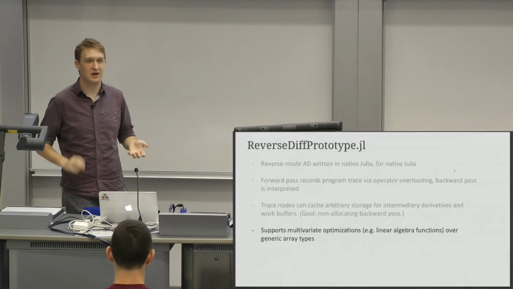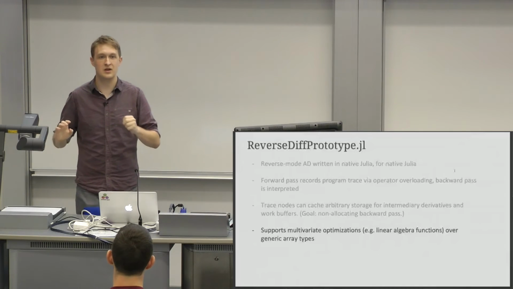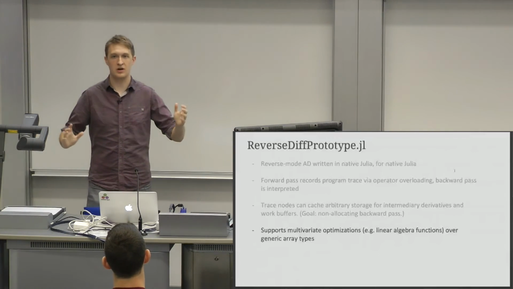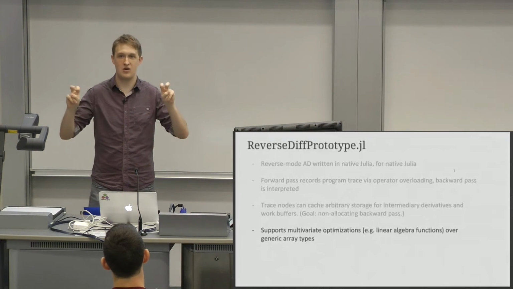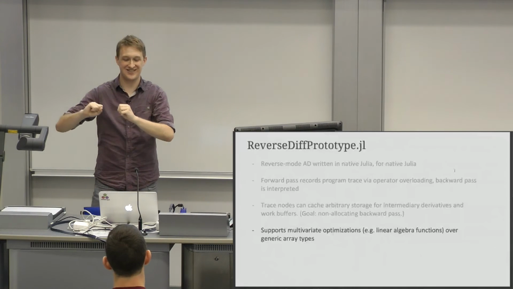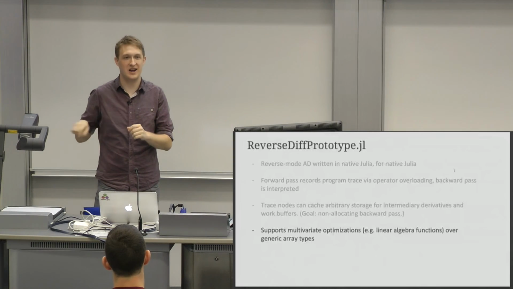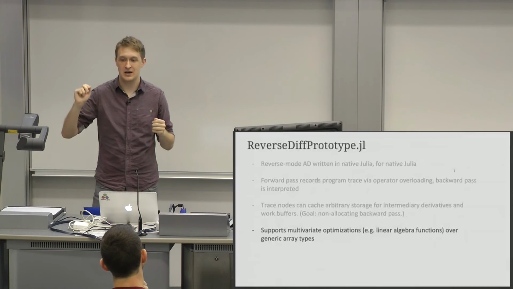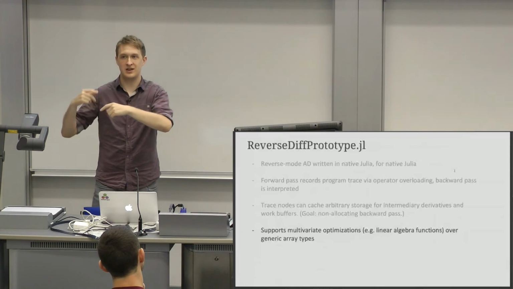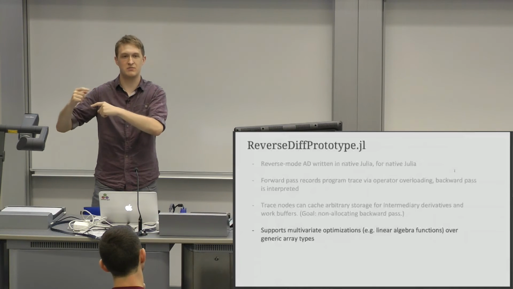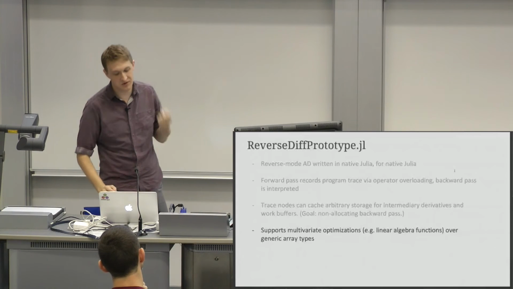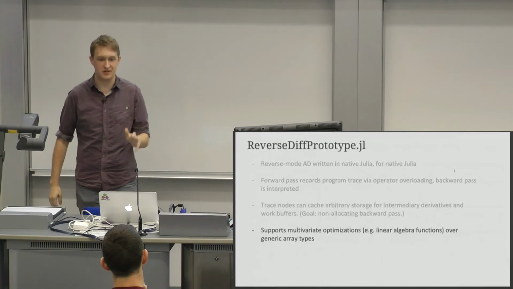There are ways to avoid this, which is to take all these matrix functions that people normally use, calculate their derivatives, and then specifically overload those operations to record what we refer to as fat nodes. Instead of recording each individual operation that might happen inside of a matrix multiply, you take the whole matrix multiply, store it as one node, and then overload the derivative definition for matrix multiply. I would say this is a fairly common technique,